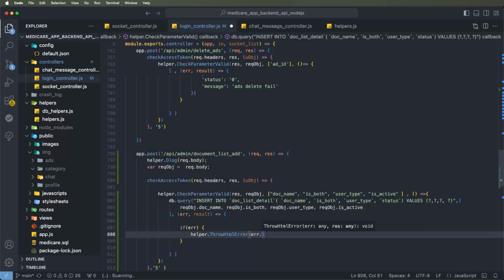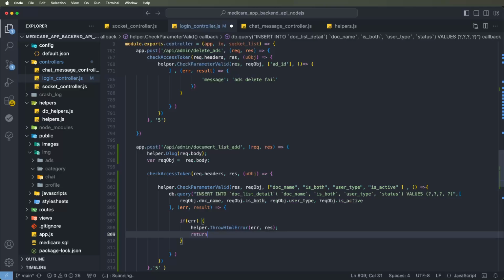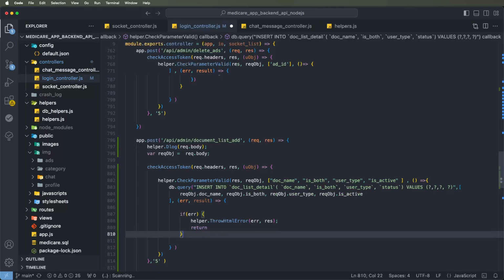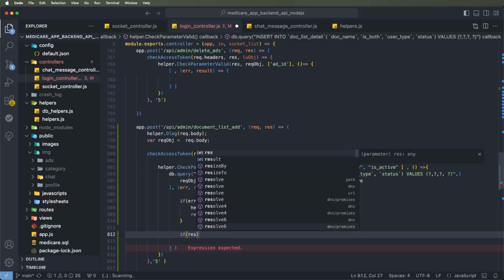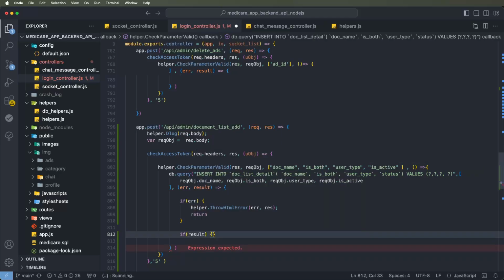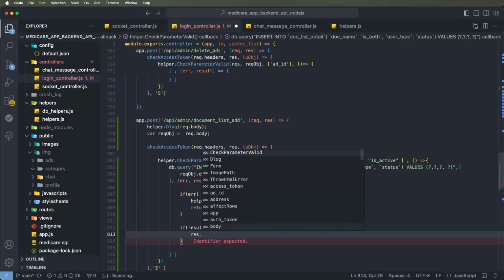We need to give here the errors dot response. If it throws any errors, then we return this here, and the server callback needs to close here, and this response needs to close. If it doesn't get any errors, then we return the results, which need to be checked here. If results are received here, that means the records were successfully inserted inside the database,